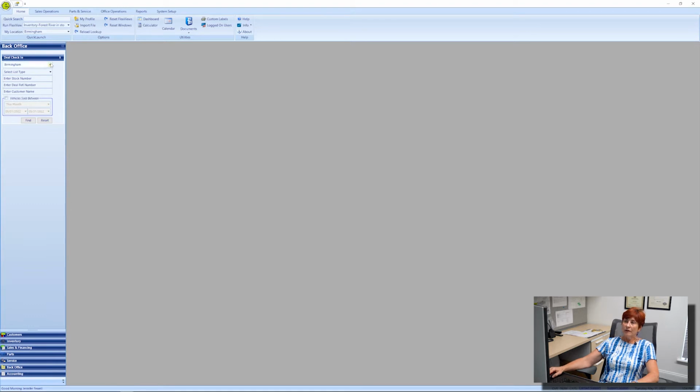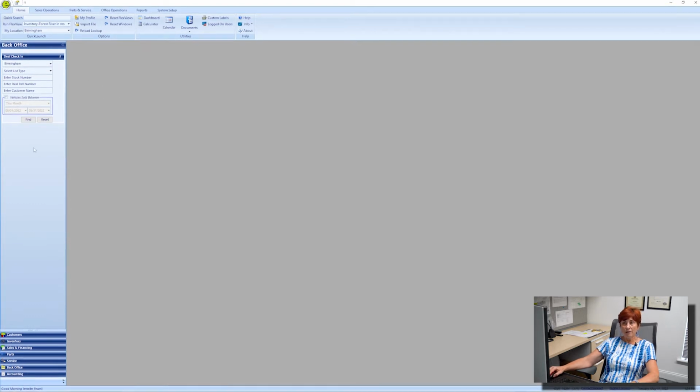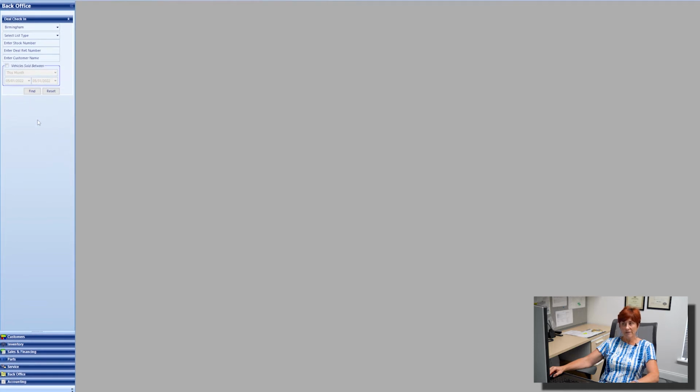But before I go any further, I also want to point out the left side navigational panel that's available here. So I'm a manager and I have access to back office, customers, inventory, sales and finance, parts, service, and accounting. So all of these options can be controlled by the access parameters or permissions that are